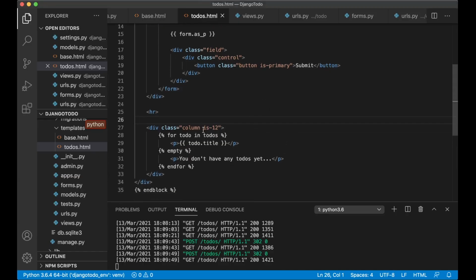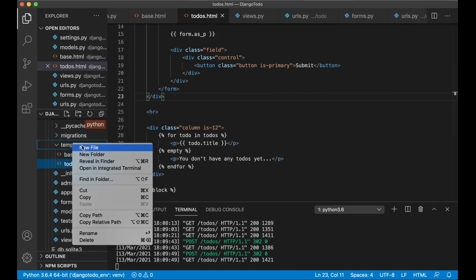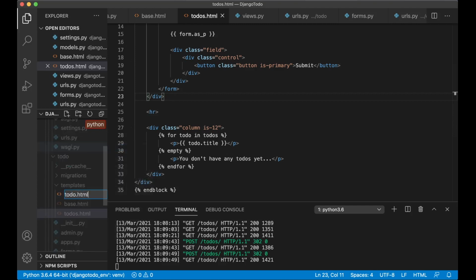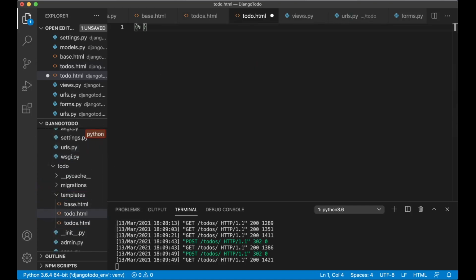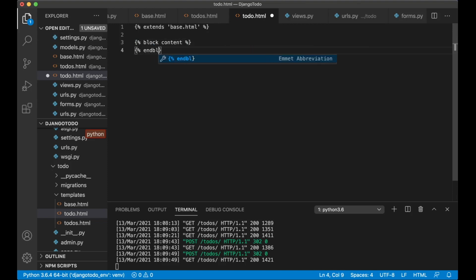And then I can make it possible to click the to-do to go into it and see the detail view. To do that, I want one new template, todo.html. And I want this to extend the base as well. So extends base.html, oops, and block content, and block,